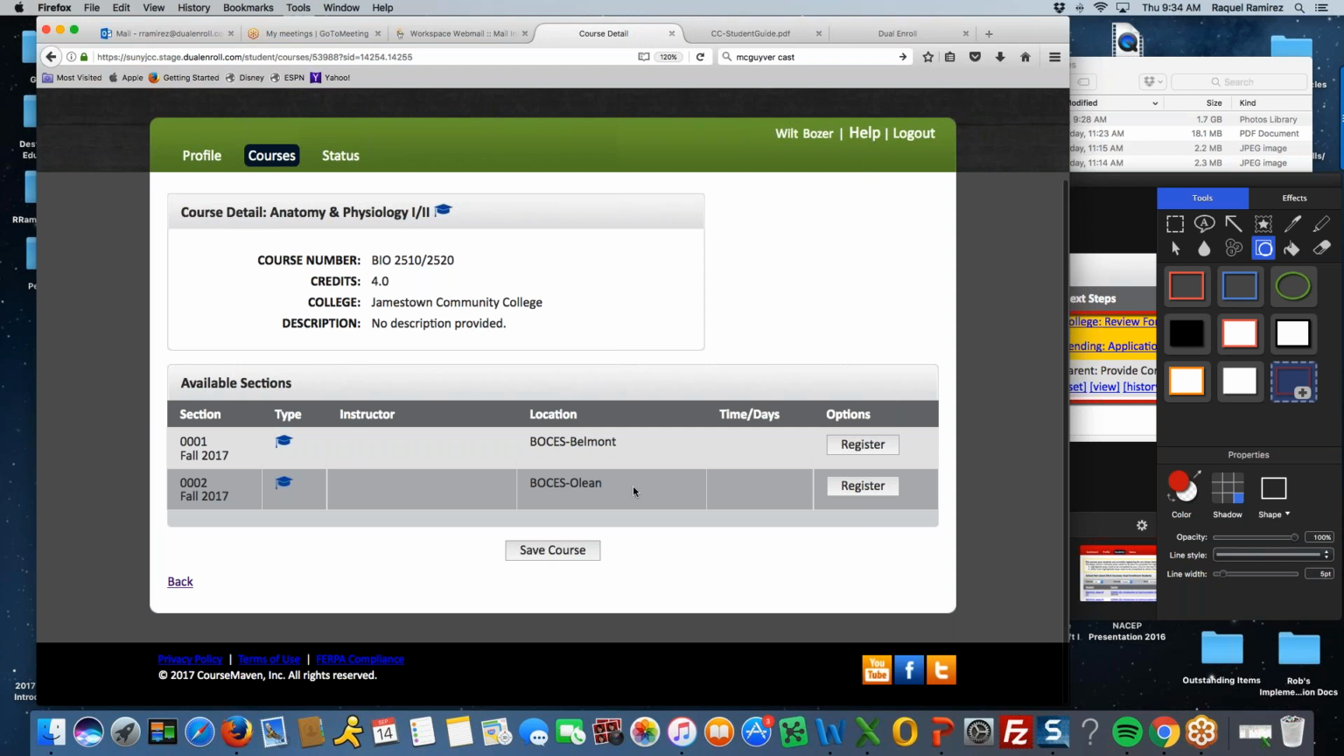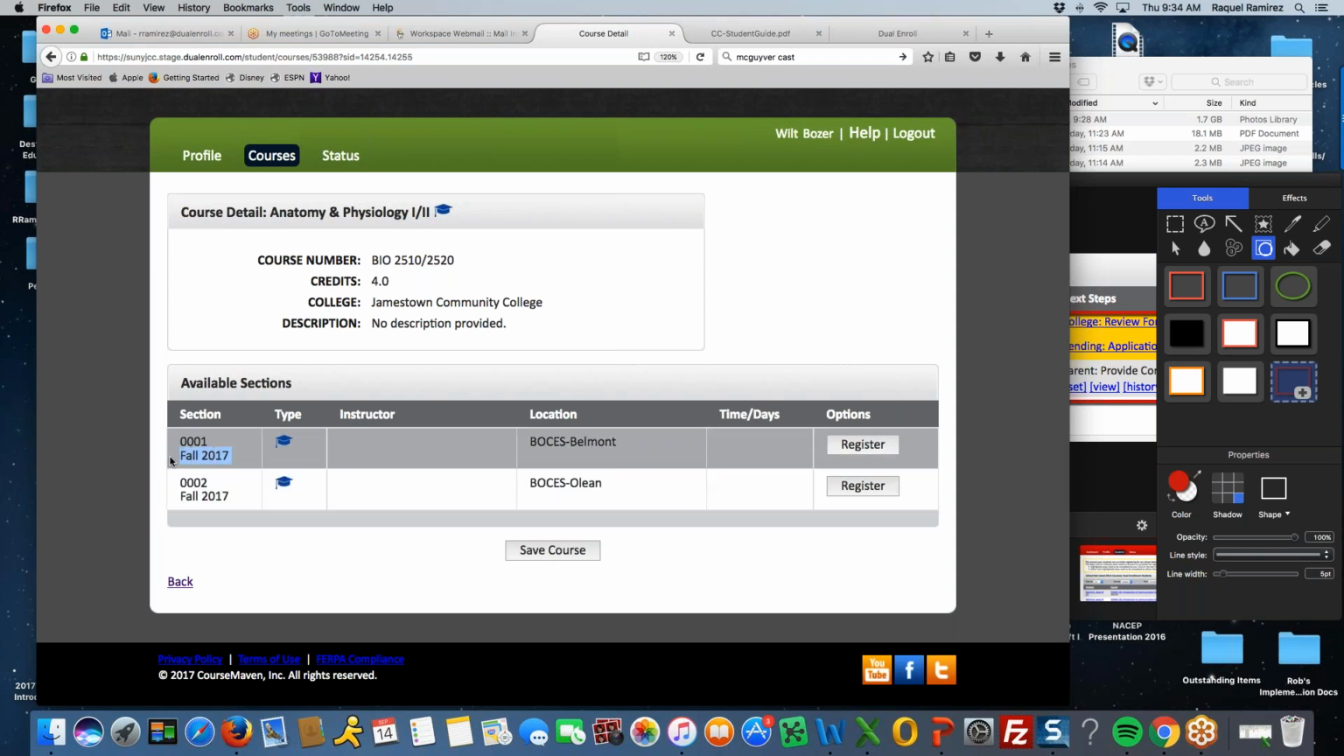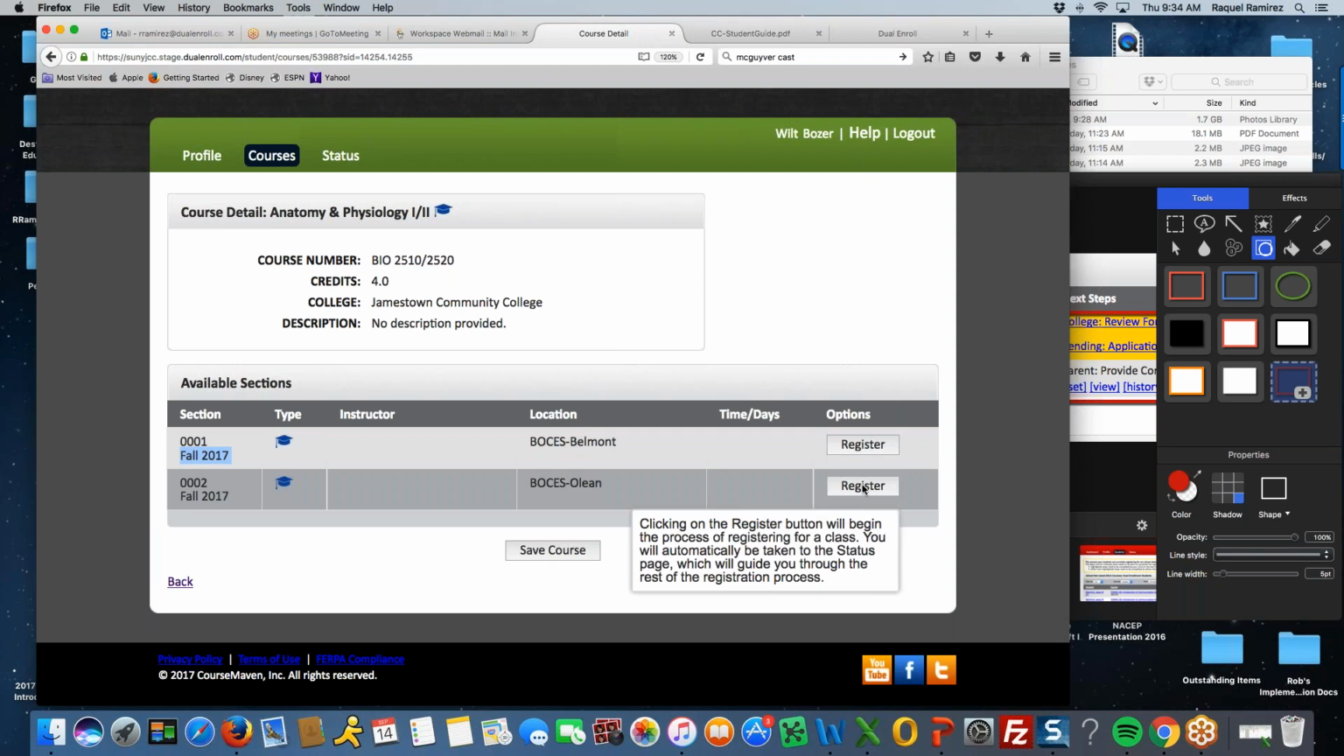So let's pretend that the student wants to take this one at the BOCES Olean location. There's a BOCES Belmont and a BOCES Olean. They are in the fall semester, so this is not a full year. This is a fall semester, and they're just going to go ahead and click register again for the particular one that they want. So if they would like BOCES Olean, we're going to go ahead and click on that particular